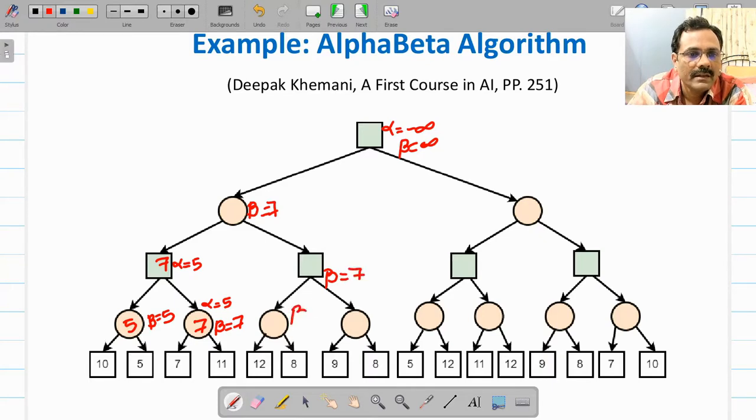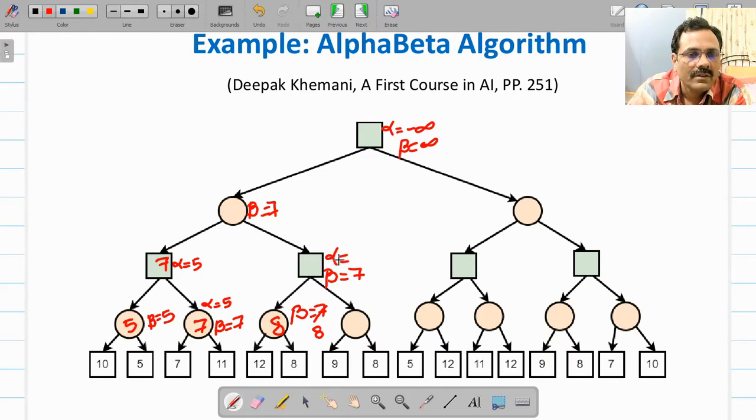It will come here, here it's a min node, update the value of beta again. So minimum of these two, that is 8. 8 is better than 7, so the value of this node will be 8. And now this is a max node, here update the value of alpha.